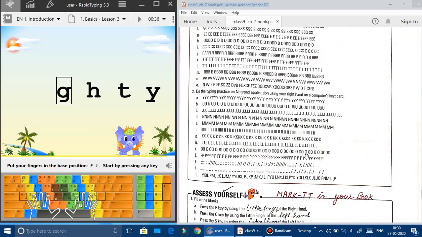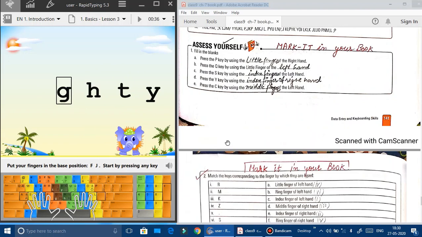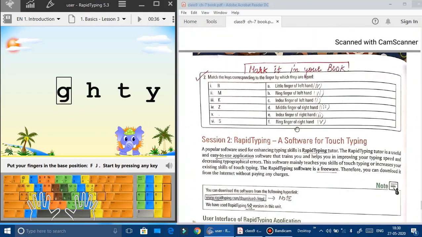Okay, I'll tell you later how to make your practical file, but for the time being just practice these keys. The input will be given in the software itself, so you can practice from that also. Okay, fill these answers in your book also.